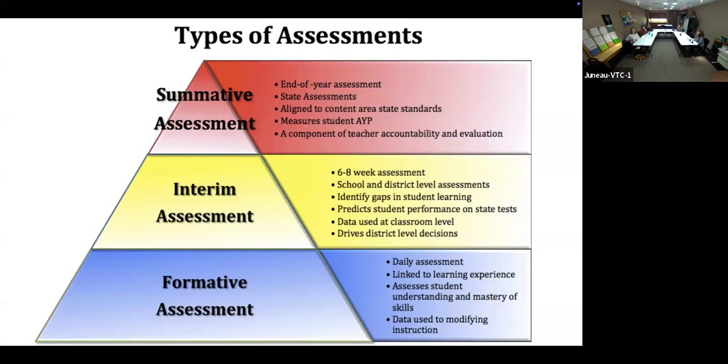Interim assessments, that's actually MAP testing, is considered interim. Also any school district level assessments. We used to do writing assessments as a grade level, I love those. We would give writing prompts to students and then get together and score writing. And then formative assessments are like your daily check-ins you're talking about, Rachel. But they could also be the DIBELS progress monitoring tools, quizzes, things like that.